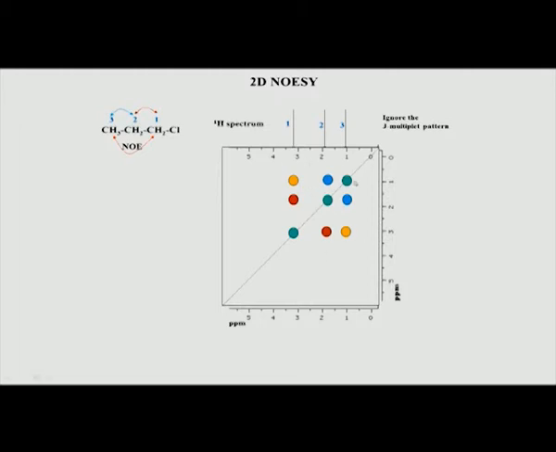So, you see this looks like a TOCSY experiment. Remember in TOCSY also we saw that 1 is J coupled to 2, 2 is J coupled to 3. So, 1 to 3 will get J coupled through the intermediate 2, and we saw a 3 by 3 cross peak pattern, same thing here. So, then what is the difference between NOESY and TOCSY?